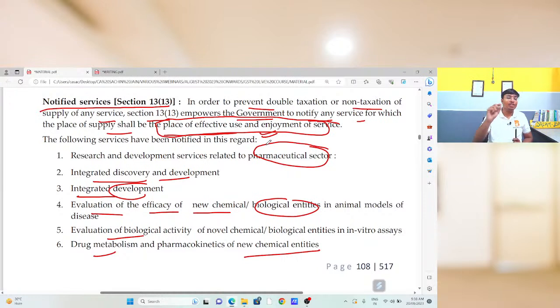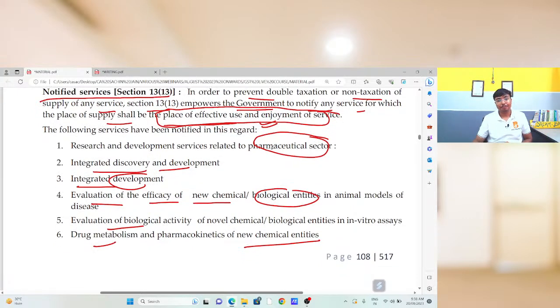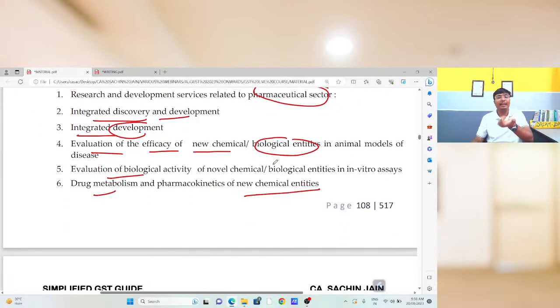For that purpose I will share with you certain relevant examples also, so that it will be more clear in your mind regarding R&D, research and development related services. Where that R&D has been done, where it will be effectively used and enjoyed, that place will be treated as the place of supply. Suppose R&D regarding the COVID vaccine was done in China, America or India, whatever will be the place of effective use or enjoyment of that COVID vaccine, that will be treated as